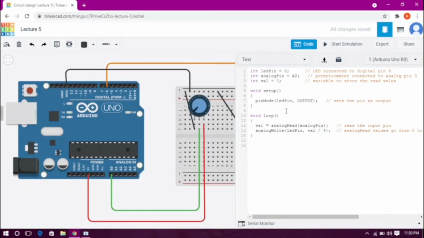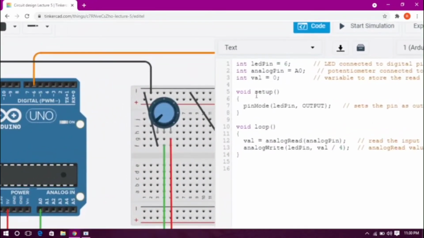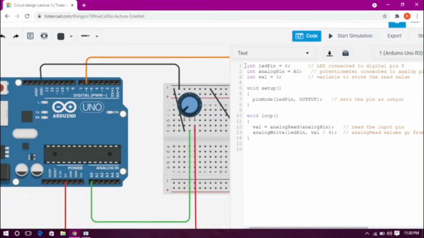And for those people who know it or have a basic idea, we will just continue with this code. First of all, the first 3 lines you see in this code, I'll just focus it down. This is int LED pin equals to 6. This is our data type, and we are defining it as a global variable over here. It is an int, so our data type will be an integer. And LED pin equals to 6, so what we have chosen over here is the LED pin 6. We chose it and we have mentioned it.